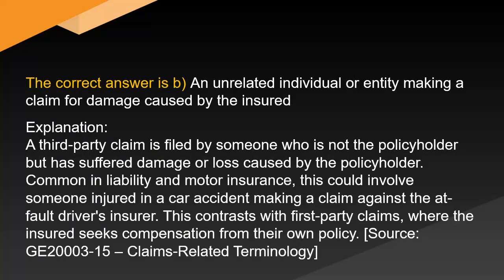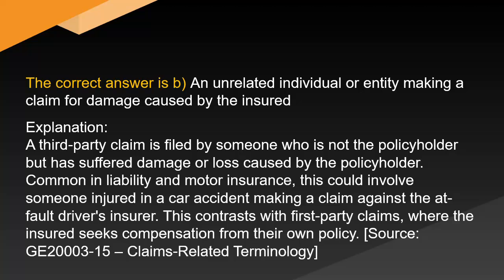The correct answer is B. An unrelated individual or entity making a claim for damage caused by the insured. Explanation: a third-party claim is filed by someone who is not the policyholder but has suffered damage or loss caused by the policyholder, common in liability and motor insurance. This could involve someone injured in a car accident making a claim against the at-fault driver's insurer. This contrasts with first-party claims where they seek compensation from their own policy. Source: